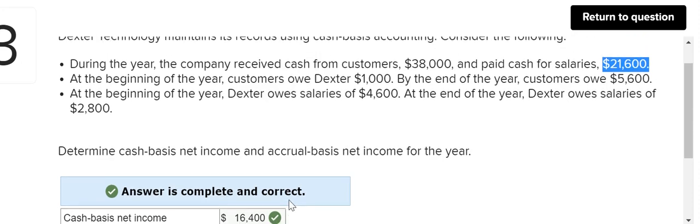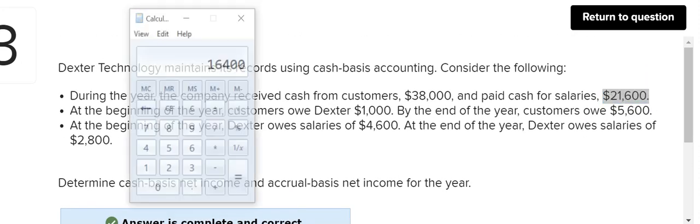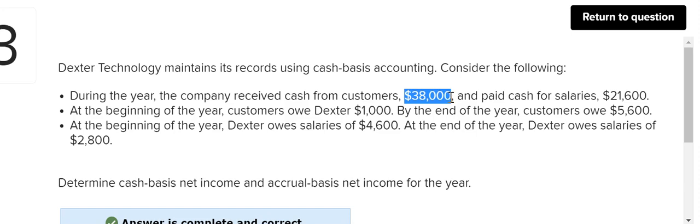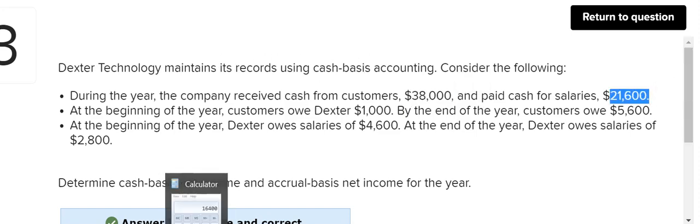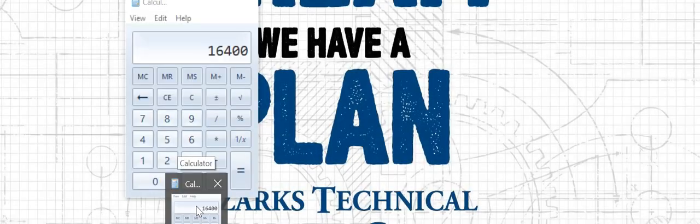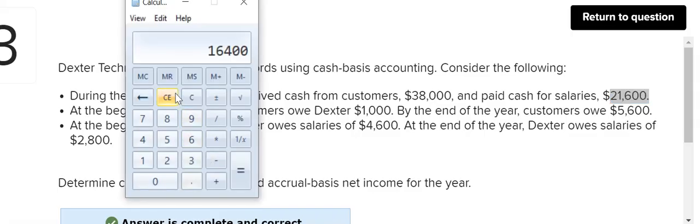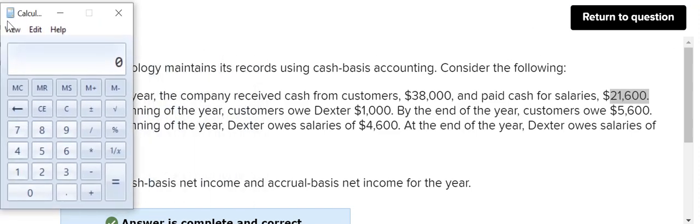So cash basis has to do with the amount of cash I have received. It was the 16,400 on my problem. Again, that was from the revenue minus the expenses paid in cash. That's what cash basis says. The other one, when you calculate your net income, you want to do revenue minus expenses, but accrual basis says